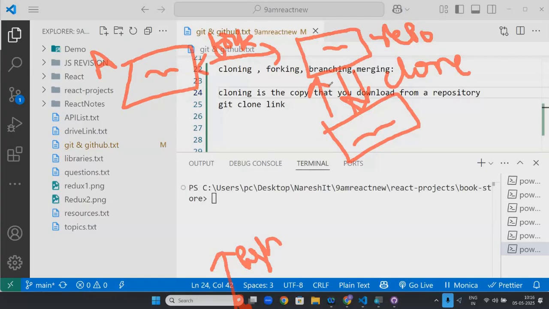Obviously, I have to request because he is the original guy. That request is called a pull request. What is it called? Pull request. So Prasad updated his code and he will do a pull request. Then Vijay will accept that pull request, his wish. If he accepts it, whatever code Prasad did will be added into Vijay's code.